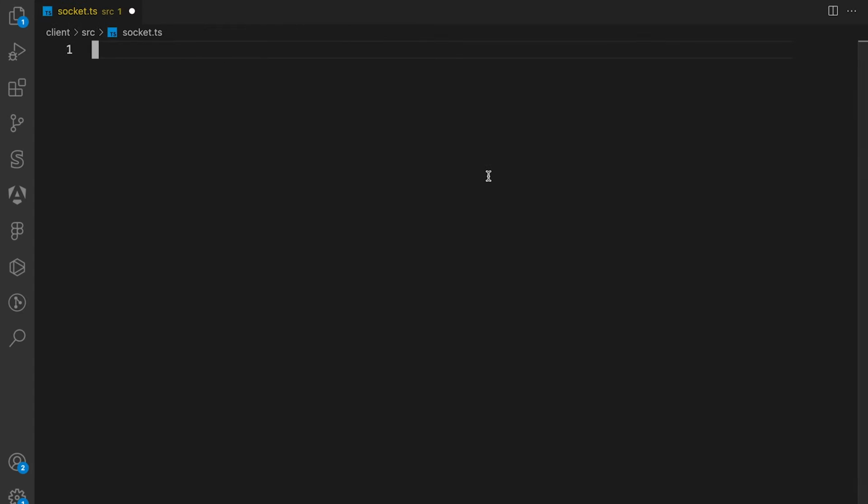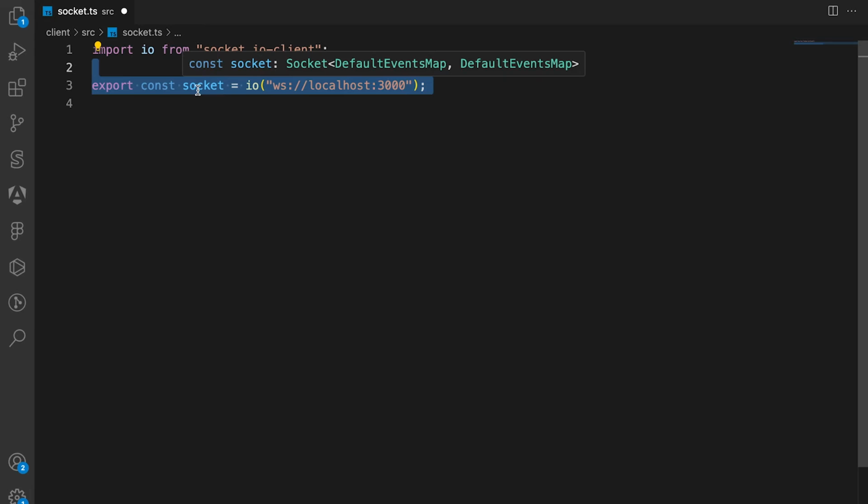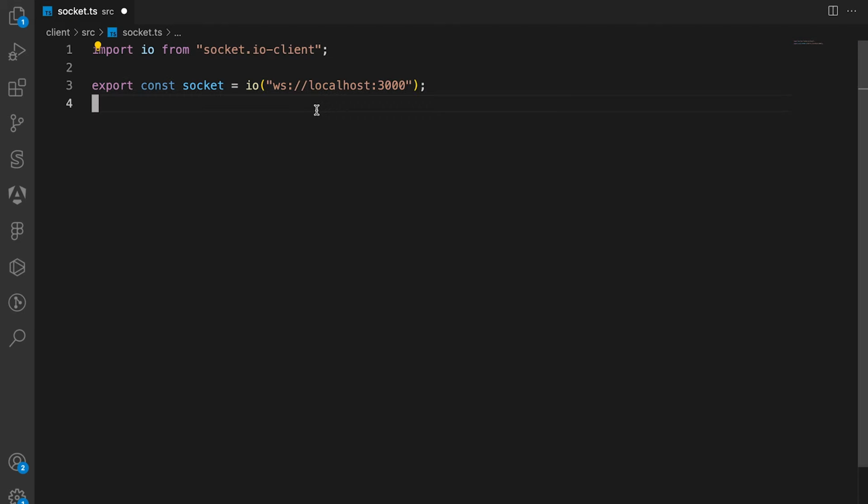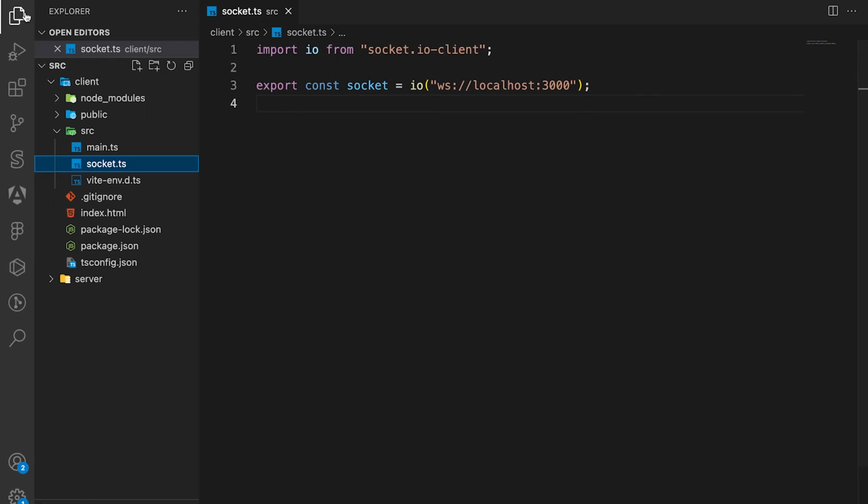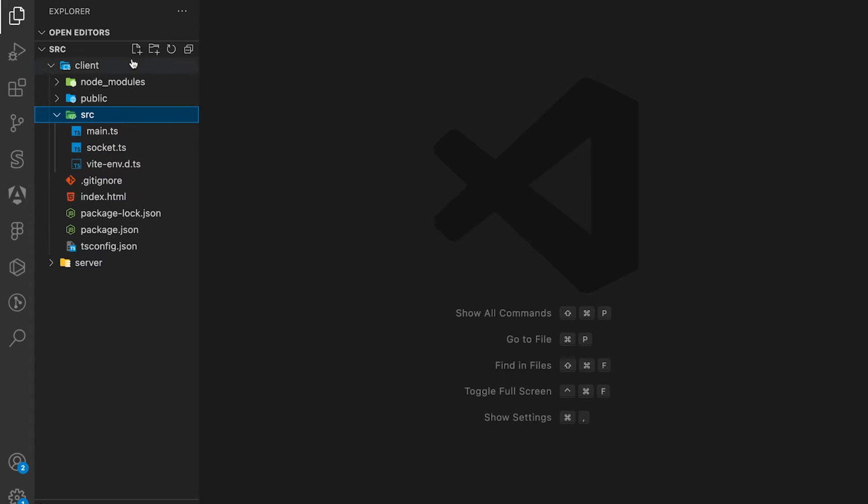Let's open it up. So the first thing we're going to do is import IO from the client, and then we're going to create a socket as a connection to the localhost. So now we can save this file and close it, and let's create another file called